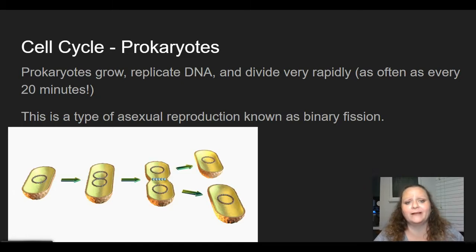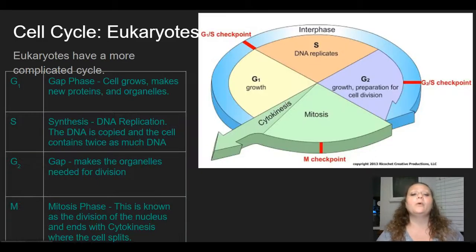The cell cycle in prokaryotes is ridiculously simple. Basically, they're going to make a copy of their DNA and they divide. And this can happen as often as every 20 minutes. Now, remember, prokaryotes are all bacteria. Bacteria are prokaryotes. That's all the prokaryotes that exist are bacteria. So bacteria can actually reproduce every 20 minutes. This is their type of reproduction. This is asexual reproduction for them, and it's known as binary fission. So just remember this. Keep this in mind when you decide that something falls on the floor and you're like, oh, 10-second rule. It's fine. There is no 10-second rule.